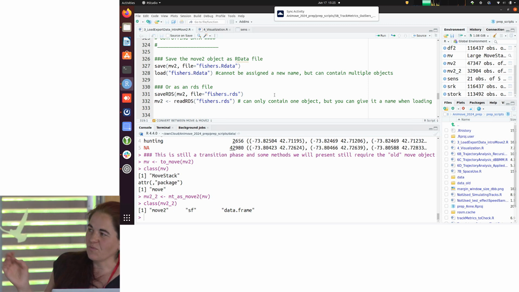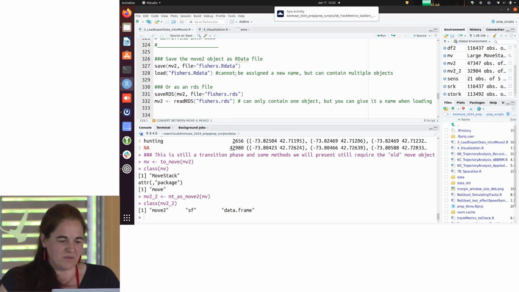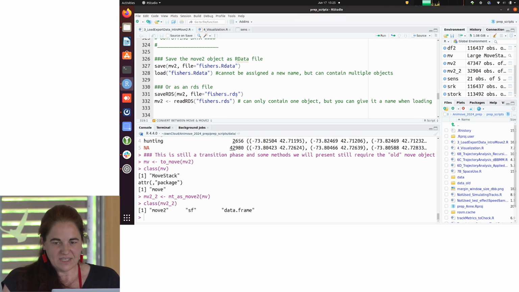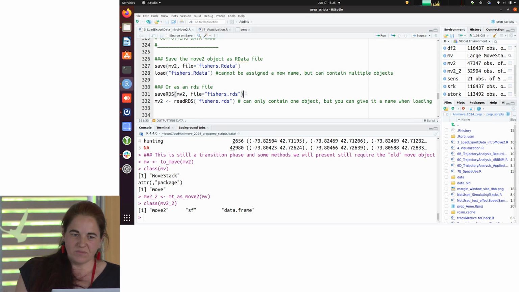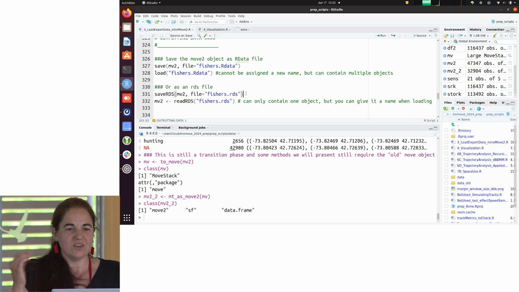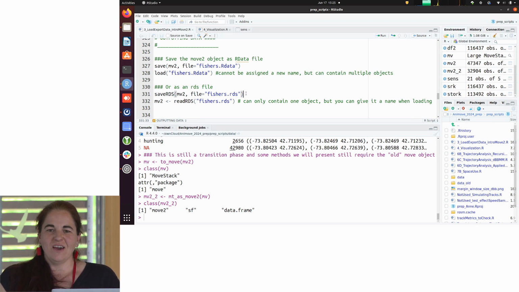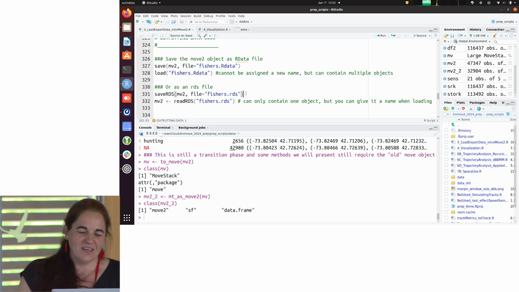If you only want to save one object, the better option is to use the RDS extension. In this case, you can only save one object, but when you read it in, you give it a new name. So you actually know what you're doing, and you actually find your object, and you have like, data information